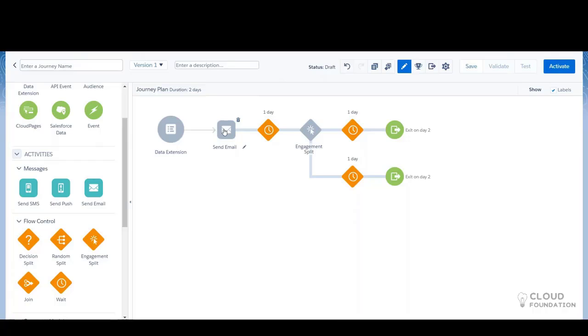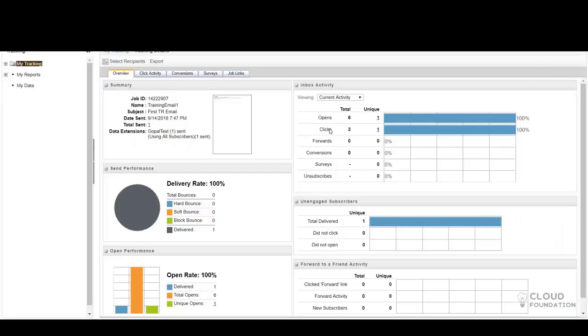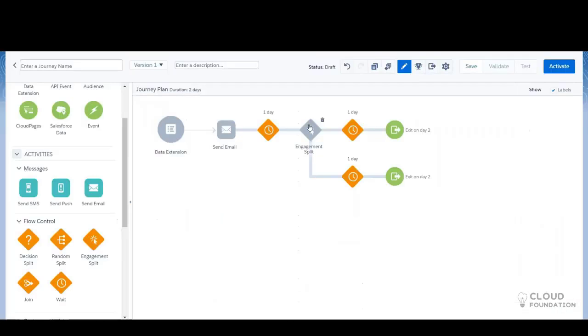I'll wait for one day, and using the engagement split, I can check who opened, who clicked, all this stuff. If customers didn't open this email, I'll send out a reminder email. And if customers opened the email, I'll send out an onboarding email.